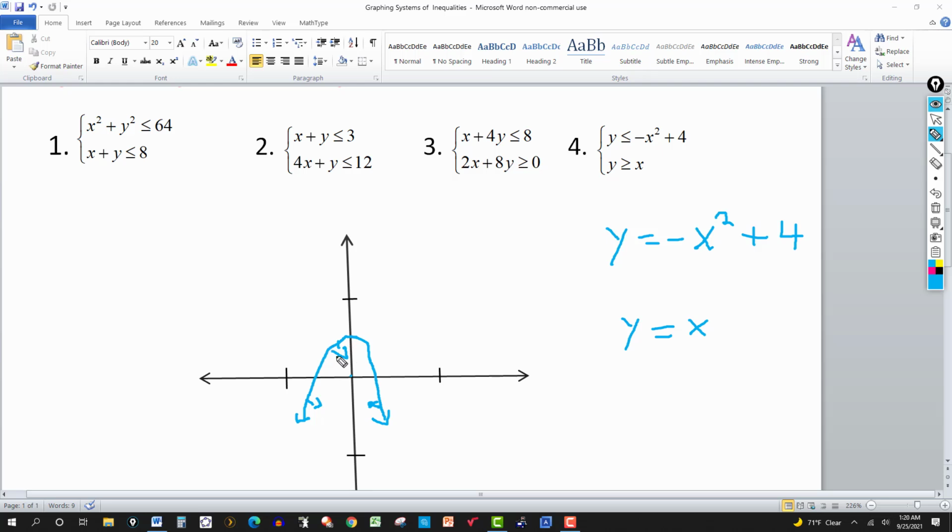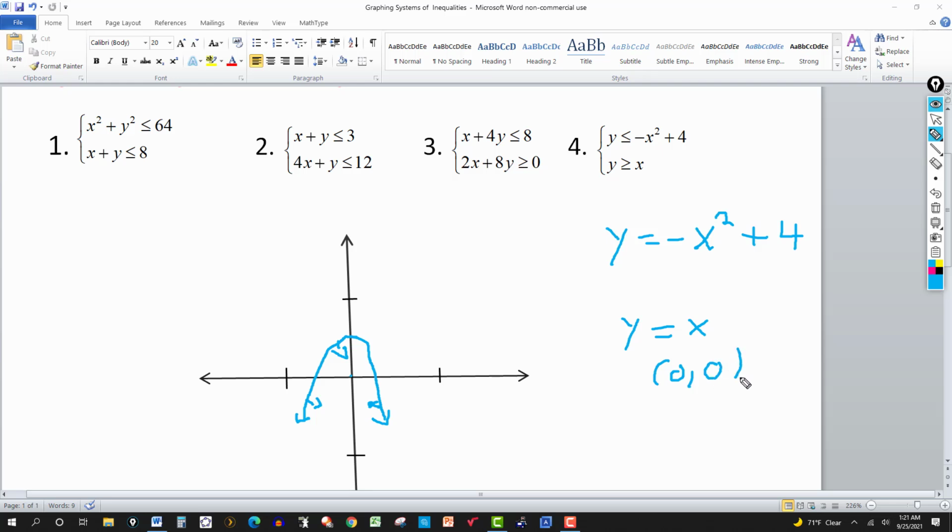The graph is included because it has the equals. Otherwise, remember, if it doesn't have the equals, the boundary would be dashed or broken, and those points would not be included as part of the solution set, but in this case, it is. And then for the second one, the equation passes through the point x equal to 0,